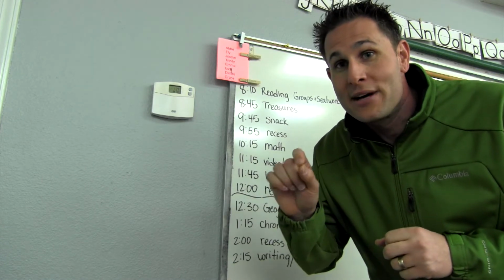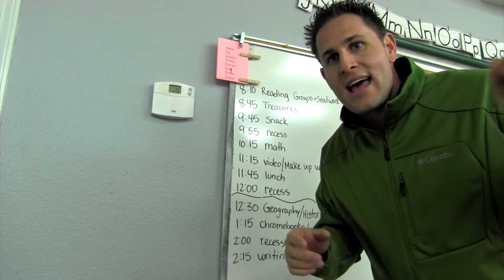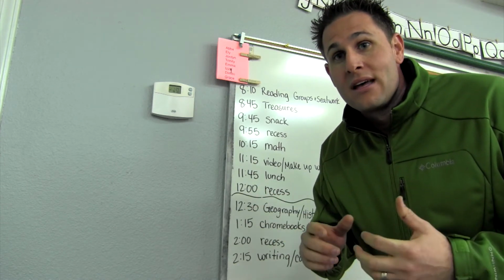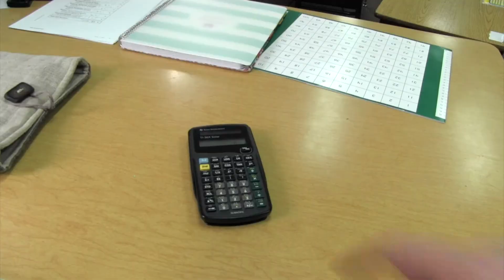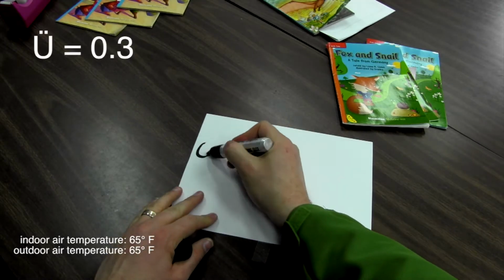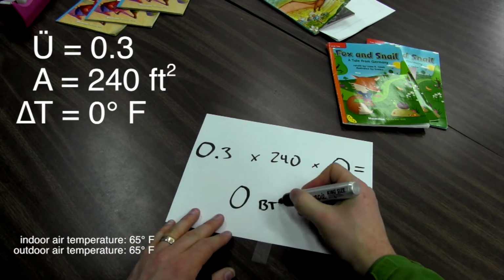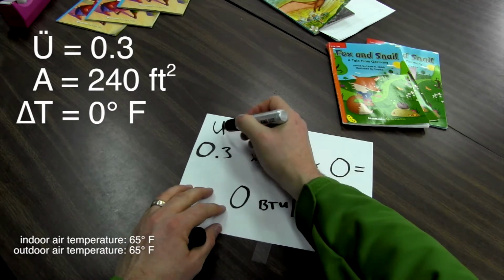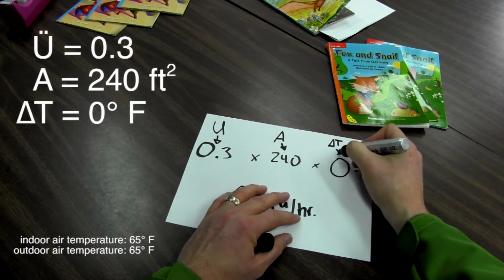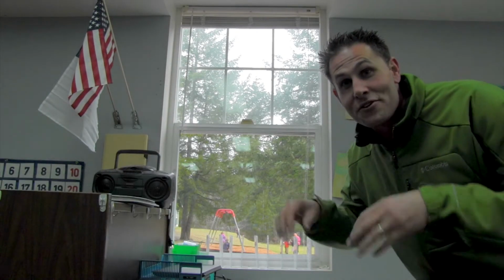Now, remember, we're talking about difference in temperature, or delta T, the difference of temperature inside and outside. And in the wintertime, it's going to be colder outside. It's time to do a little bit of mathing. So if it's 65 degrees in here,